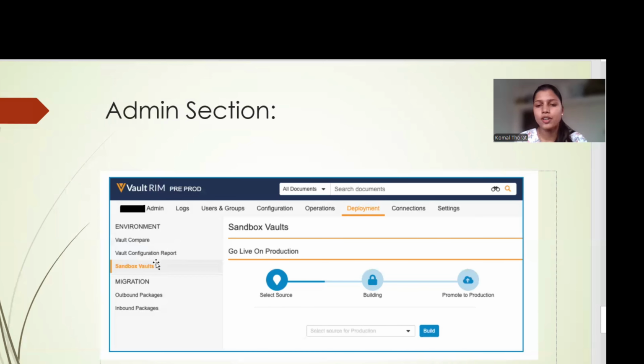Then, how many sandboxes your Vault has available for your instance. If you want to create a sandbox, you have the option under Deployment, go to Sandbox, and you can create it there. We also have one more option, the sandbox snapshot. For example, for your production Vaults we have sandboxes, but for a sandbox we have sandbox snapshots, which